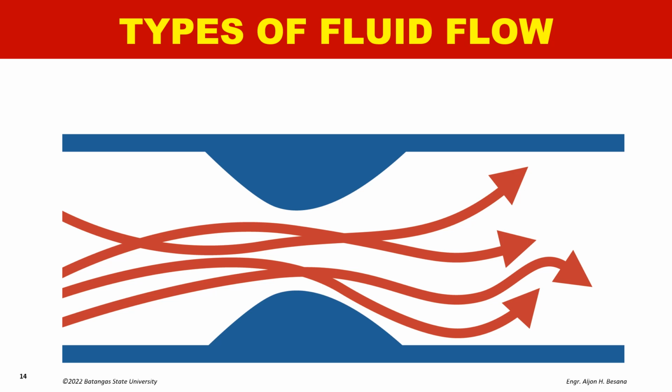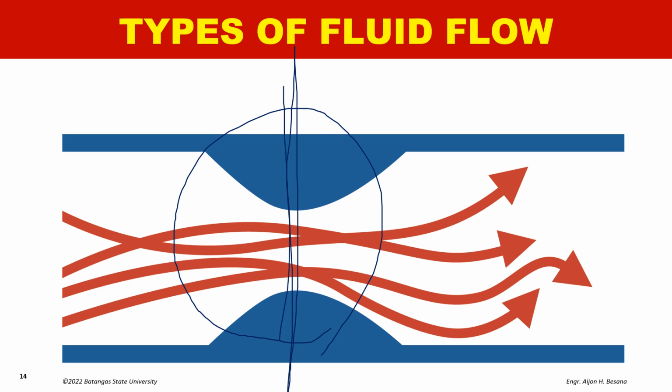So again, this is our transition region. Transition region is where the laminar changes to turbulent, so the part where the change starts. And there is also a certain value provided by Reynolds so we could identify that the flow is in the transition region. And here is the Reynolds number. Okay, so right now, let us talk about Reynolds number.